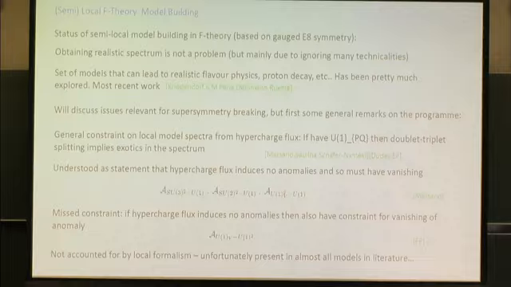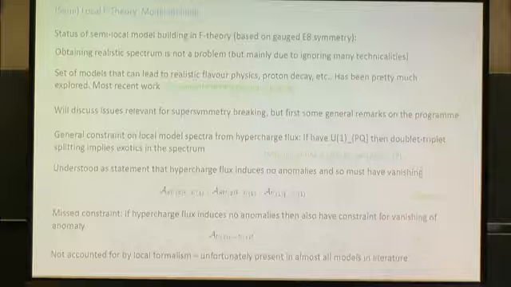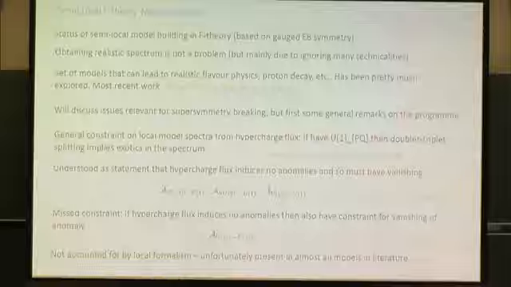So there are sets of models that can realize realistic flavor physics, proton decay, and many, many other things. I'm not going to review that here. As I say, the cutting-edge, most recent work, I think, is this. This is the most recent paper on this topic. So I will discuss instead issues relevant to supersymmetry breaking, but first a remark on this program of local model building in F-theory. First of all, there is a general constraint that was found for local model spectra coming